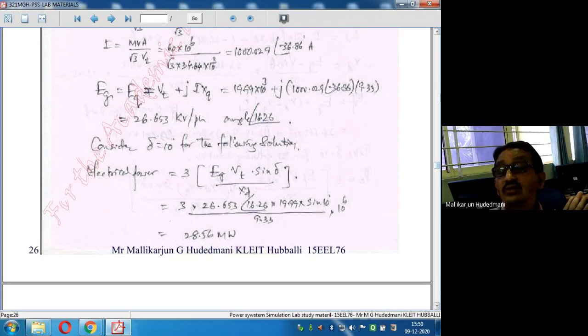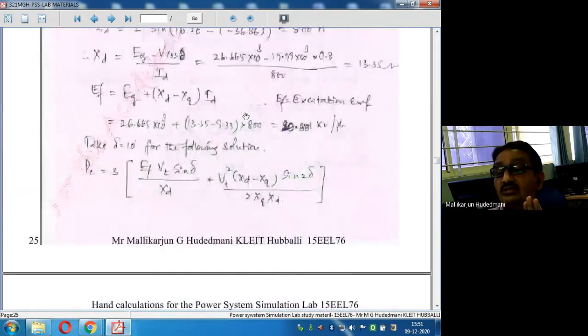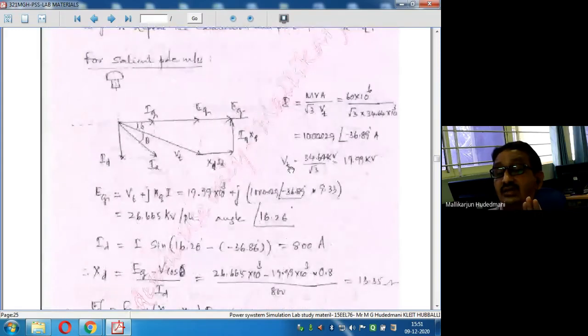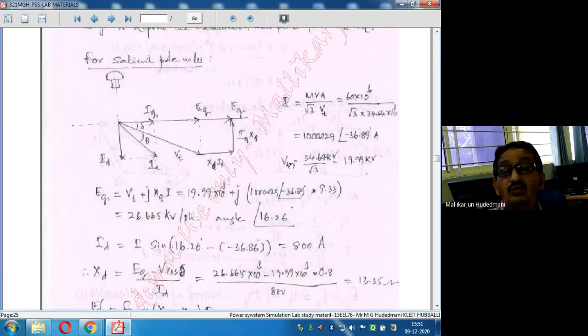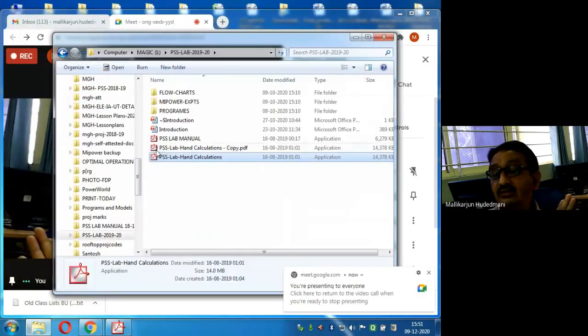So now, taking this into consideration, how are these understandings, salient pole and smooth cylindrical understandings, taken into a flowchart concept? How can I put these contents into a flowchart, and how is that flowchart put as a program in MATLAB so that I am able to experiment with it? In that view, let us take a flowchart that has been arranged for that.